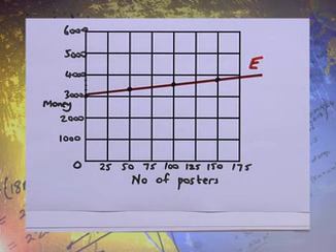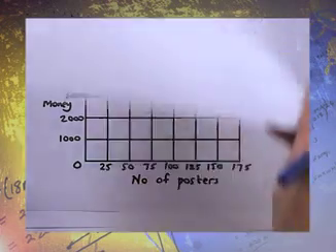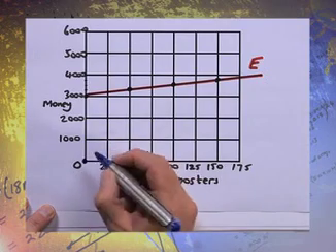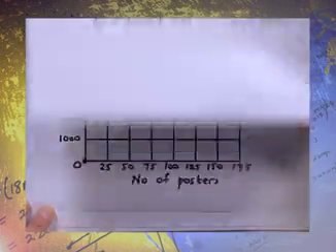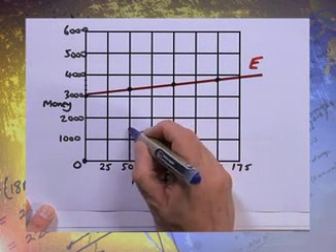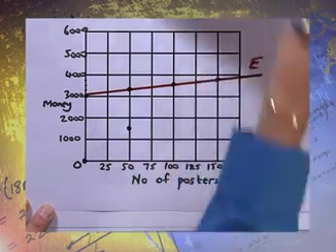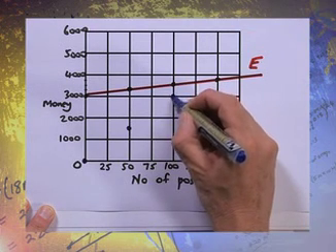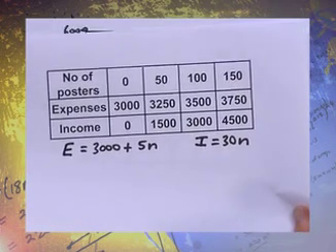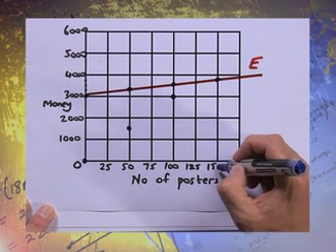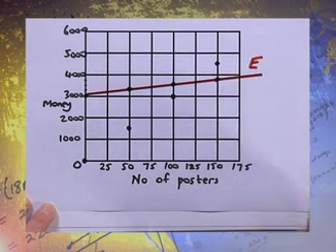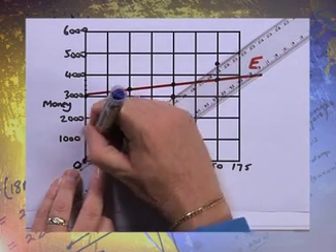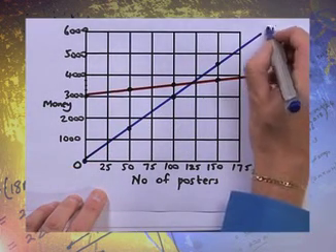Okay, there's a nice red graph there, and this is the expenses. Okay, now in blue, what I'm going to do is I'm going to do the income. Here we go. Now the income at 0 is going to be here. Okay, then we've got 50 posters, 1,500. 50, 1,500 is about there. Then we've got 100 posters at 3,000. 100 posters at 3,000 is there. And then we've got 150 posters at 4,500. So we go up to about there. And if we draw this, let's have a look what we've got there. We've got this thing going there. Okay, and that's the income.